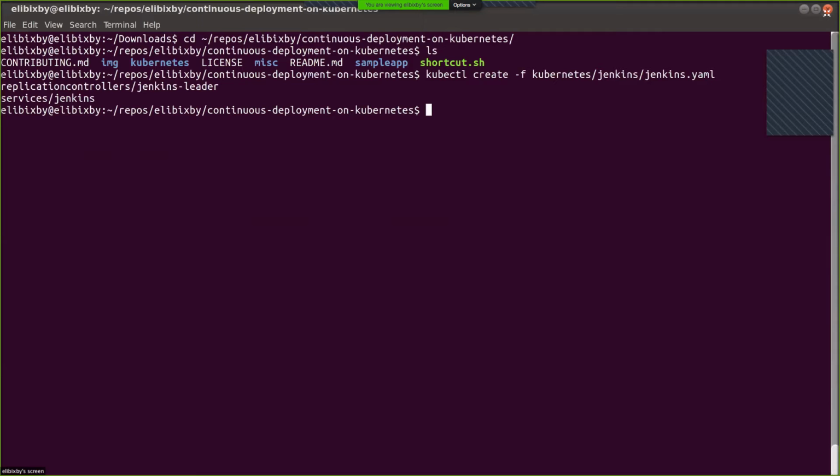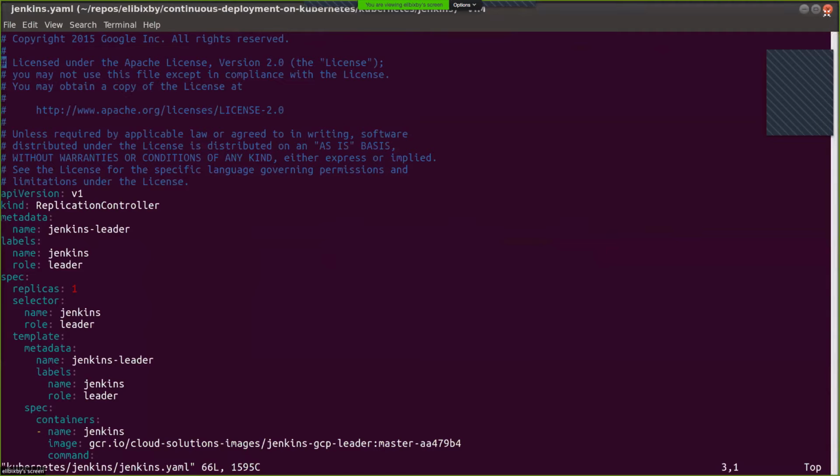So we created a service and a replication controller. If you want to see that config, it looks like this. Kubernetes configurations are defined in YAML format. They're pretty simple, despite what this looks like. So you see we've given the replication controller some labels. We've also given some labels to the pod that the replication controllers create.